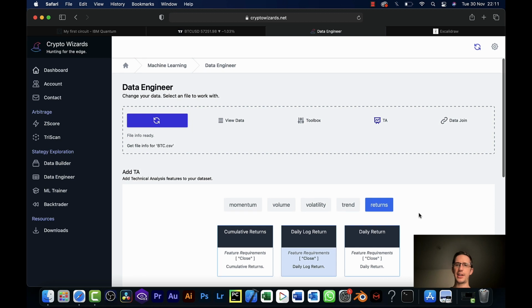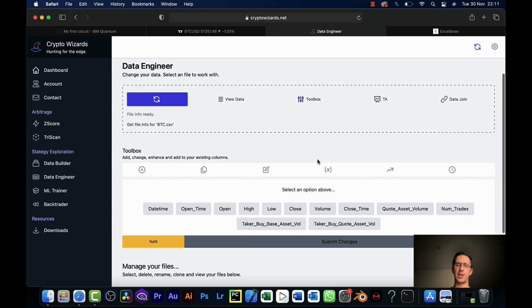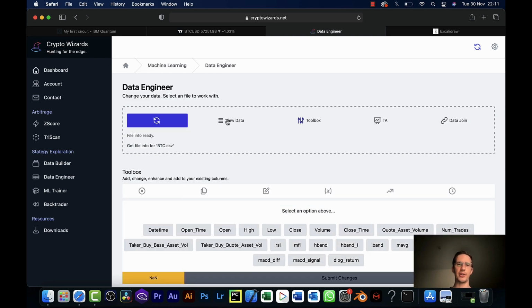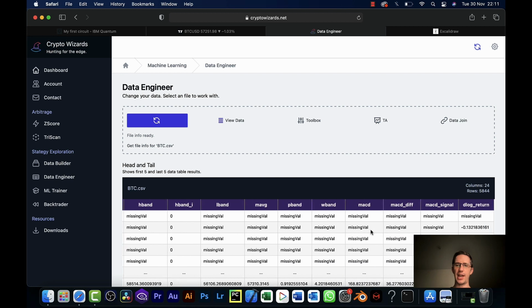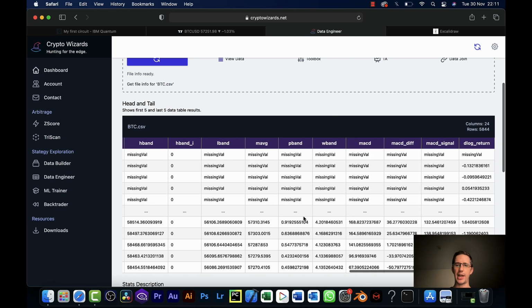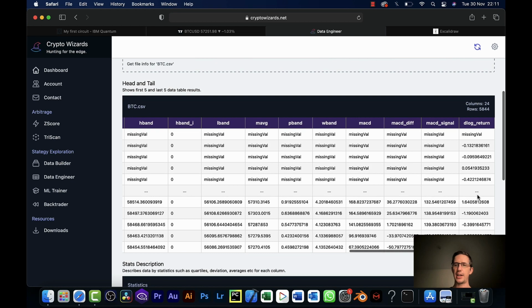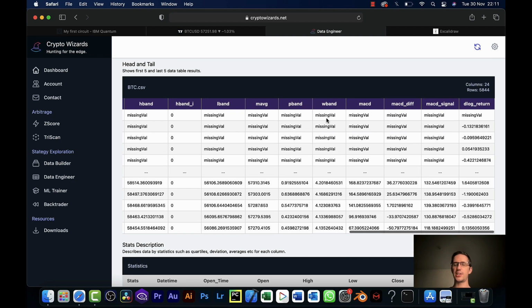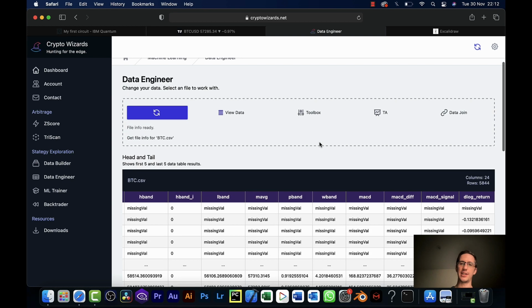One of the things that I then want to do is add some time sequences to the data too. So if I refresh this, just so you can see what's going on, and go to view data, you'll see it's added all these columns, MACD, Bollinger Bands, etc., daily log return, and it's added all of this to the data set. Now here where you see missing values, that's just because there's no data in the past. This section is giving us the top 5 and the bottom 5 results of the whole data set, right? So the top 5, where it's calculating moving averages going back in the past. Obviously at the top of the data set, there is no past. So we'll remove all of this from the data set in a moment.